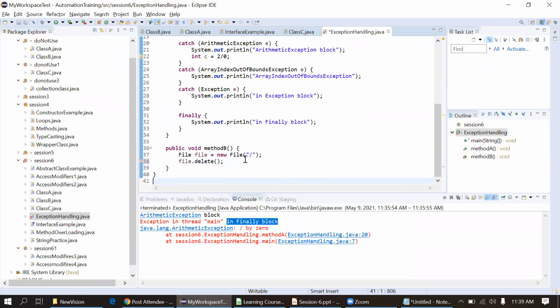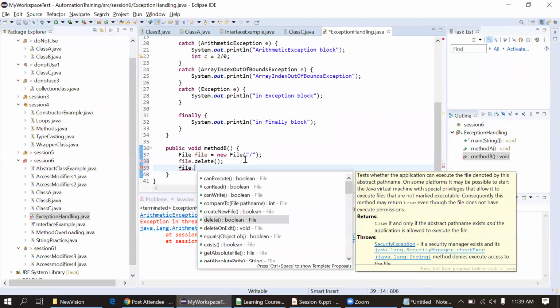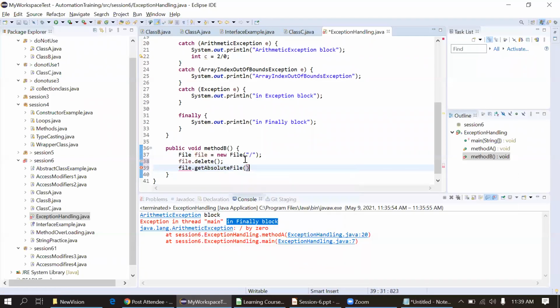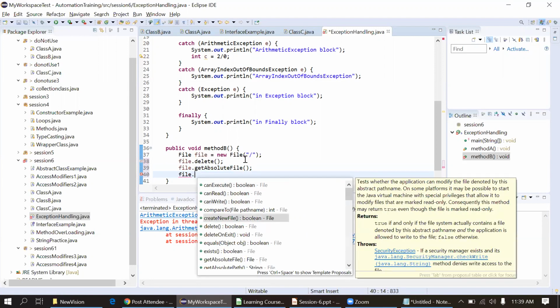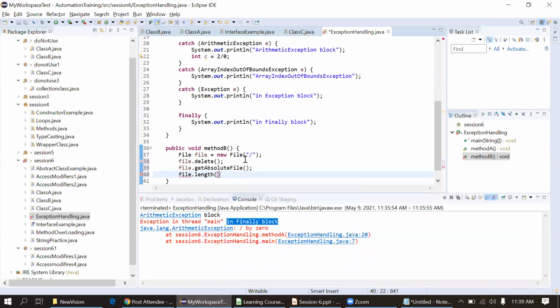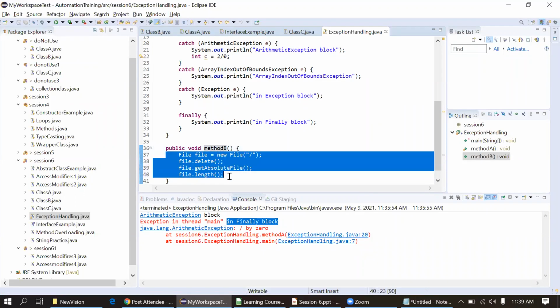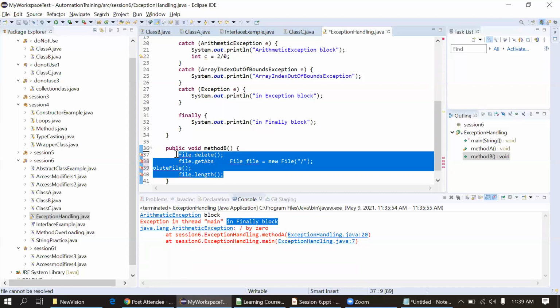Still it is not showing any error. Let me try a few more methods that may show the error. Not sure why I'm not getting an error for this file. Okay, I will show this in the next subsequent sessions.